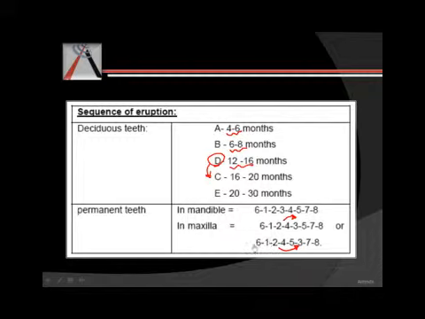So you may have one more sequence: 6 is already erupted, 1, 2, the canine has gone back, 4, 5, it's gone behind 2 teeth, it's come here. And then you have 7 and 8. I don't think it's difficult to remember these sequences, and they are very important sequences. And beware, it's not that you make mistakes in these MCQs because you don't know them. You make mistakes because you are careless. Please read the questions carefully. Please read the sequence carefully when you answer such questions.